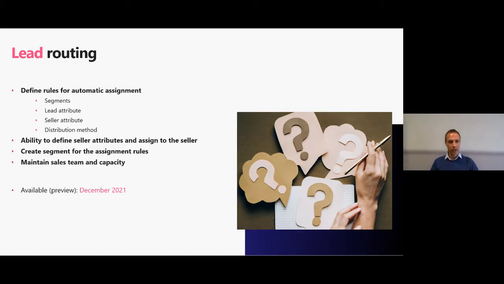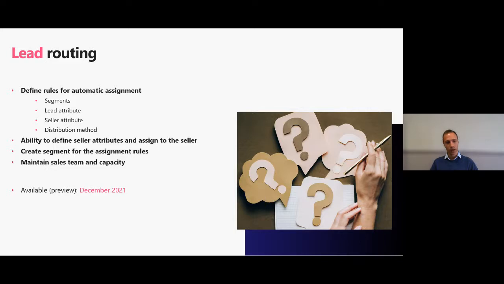And what you can do, you can actually define segments of leads. So basically you set up parameters for certain leads, so you know in which segment this lead goes. And then you can say, okay, if I have a lead with certain specifics, assign it to this segment, and everything that is assigned to this segment is then assigned to a certain person. So you can then check lead attributes. So basically you just decide what you want to monitor on the lead